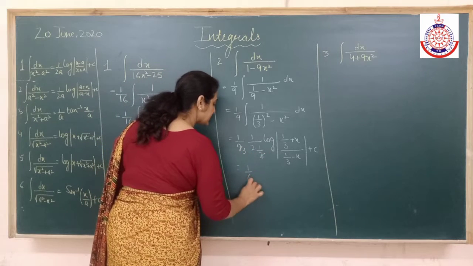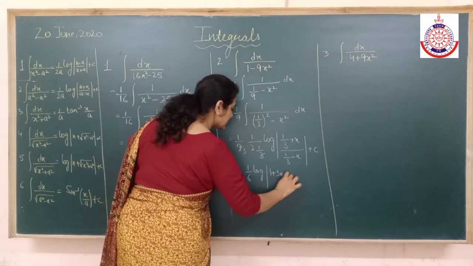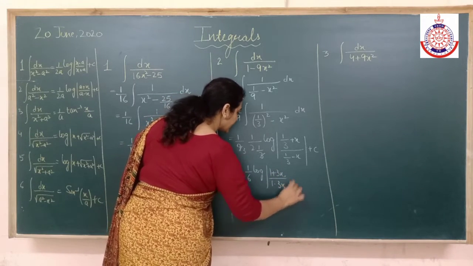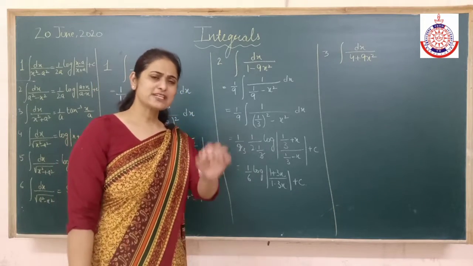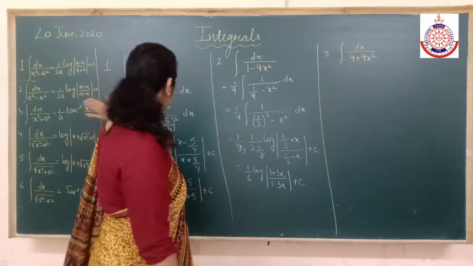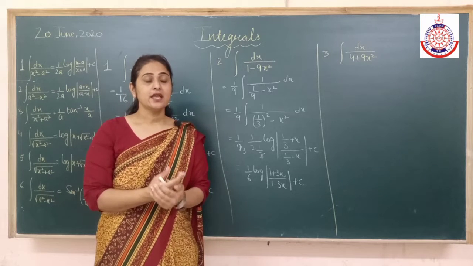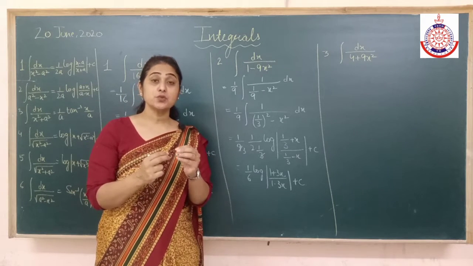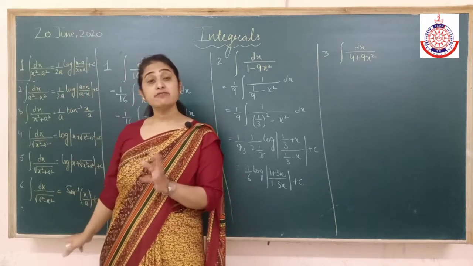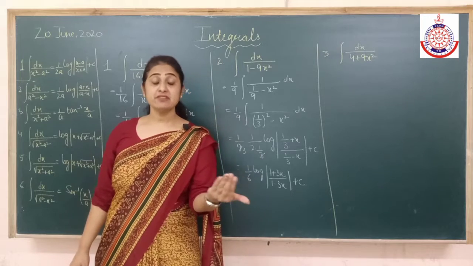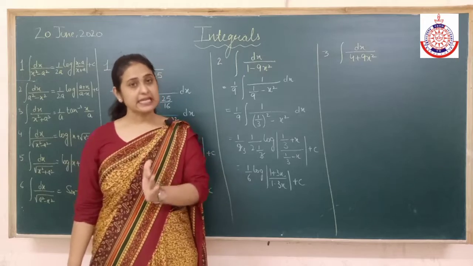So it will be 1 by 6. Take the LCM inside, and the 3 from the denominator will get cancelled from both the denominators. So that's my answer. It is very easy to apply the formulas, but it has to be in the proper form. I told you from day one, you can integrate if something is converted into a particular form whose integration I know. These formulas and the formulas which we have done previously, everything has to be converted into that particular form, then only we can integrate.